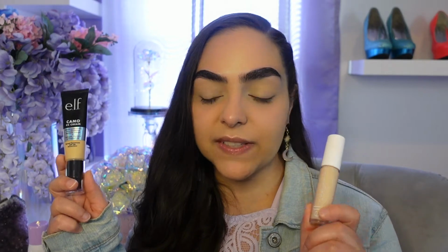So I obviously already have my base makeup done. These aren't first impressions. I've tried them both once before, but I'm wearing the e.l.f. Camo CC Cream Foundation and the Hydrating Camo Concealer. I really was enjoying how this looked until I set it with this Ofra banana powder, and